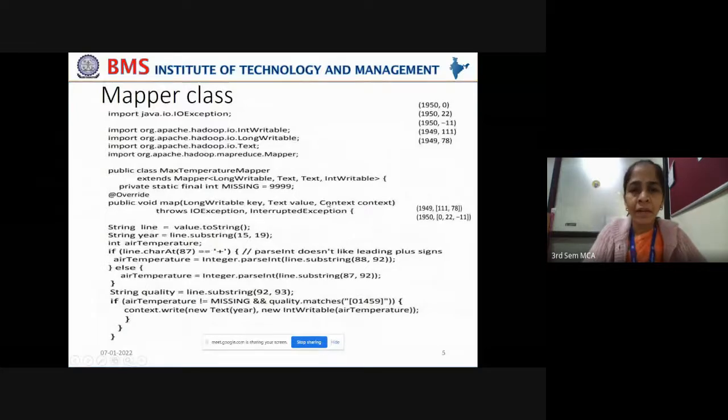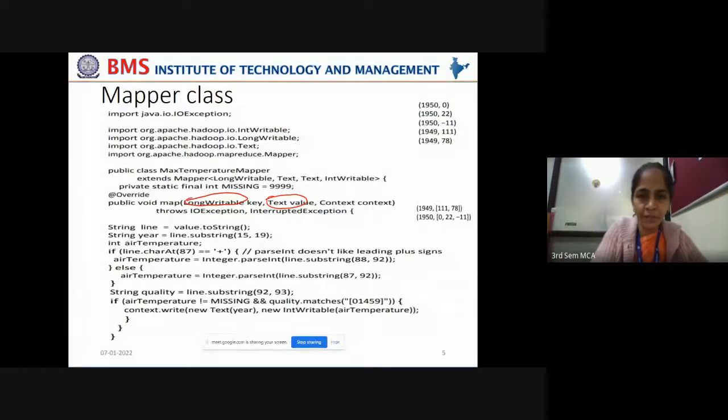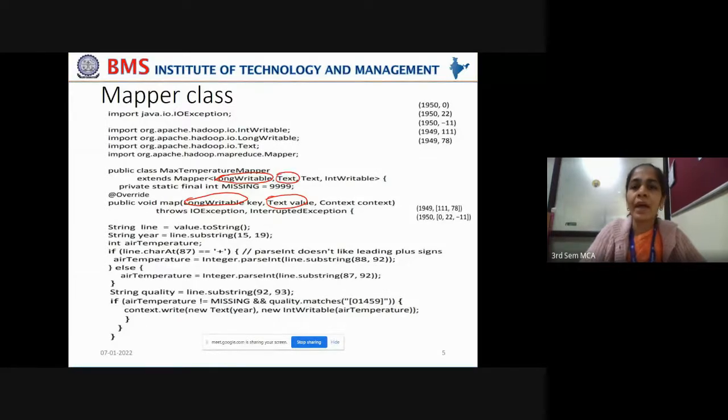So we are here, right? This key is the offset, and this Text value is the input split. The key is the text file offset, the Text is the input split, and this key-value pair is emitted as output by the map phase.